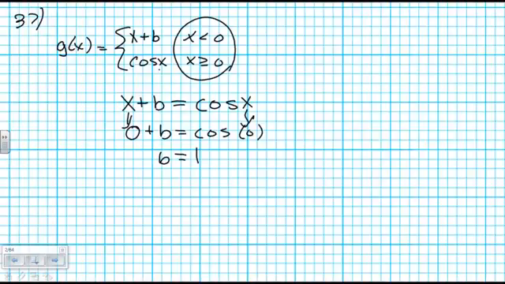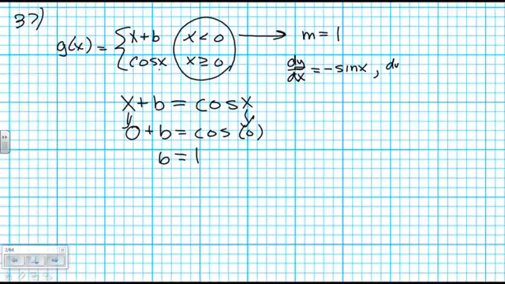Is it differentiable? In order for it to be differentiable, both of these two pieces are going to have the same derivative as they approach 0. Well, what is the slope of the negative part as we get closer and closer to 0? 1. The slope is equal to 1 as we approach 0 from the left-hand side. What about approaching from the right-hand side? Well, its slope is being determined by the derivative of cosine of x, which is sine of x,